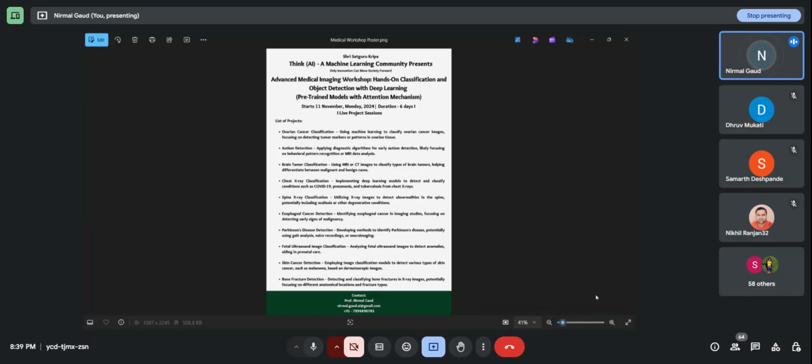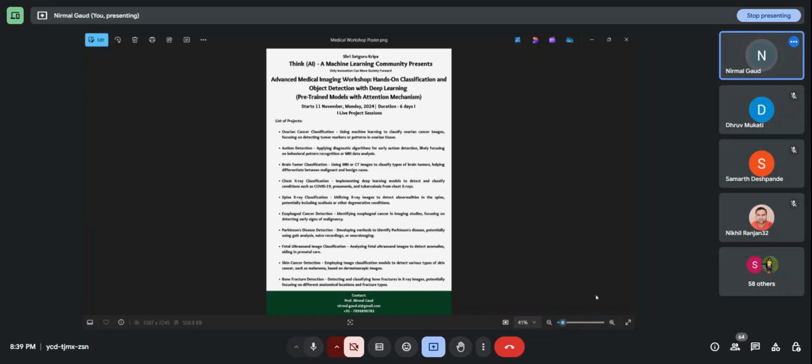What do we expect from this workshop after 6 days? What will be the expected outcome? You can analyze such kinds of problem statements and data. You can preprocess such data very easily.